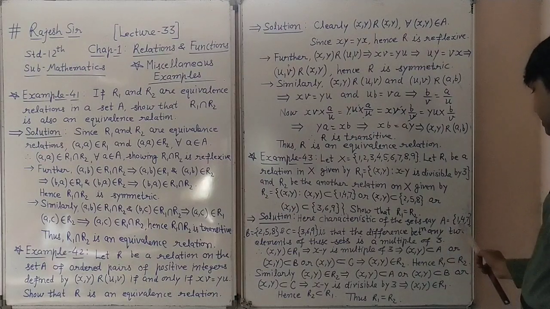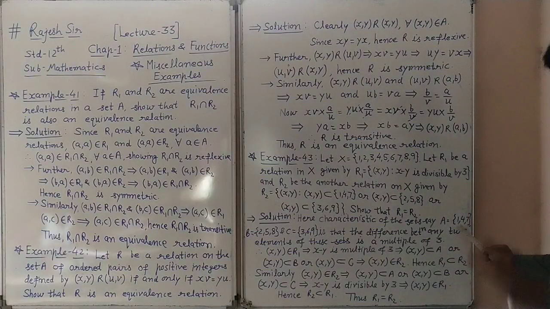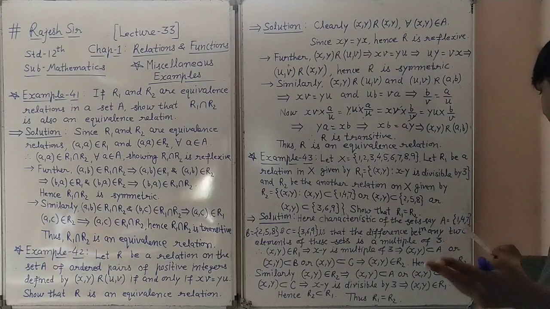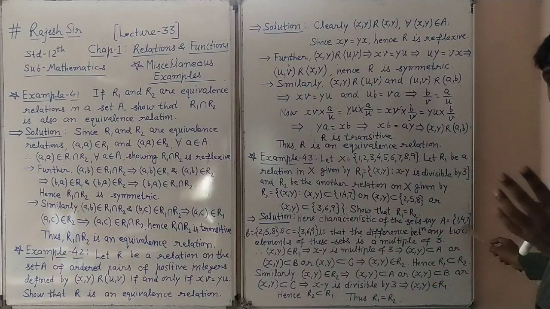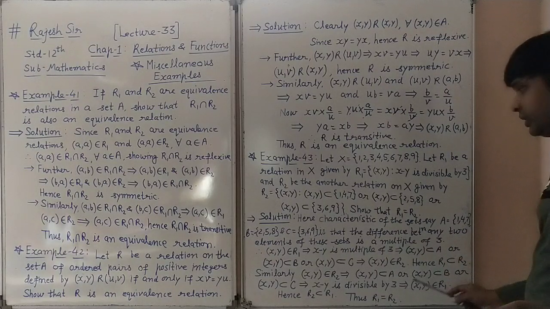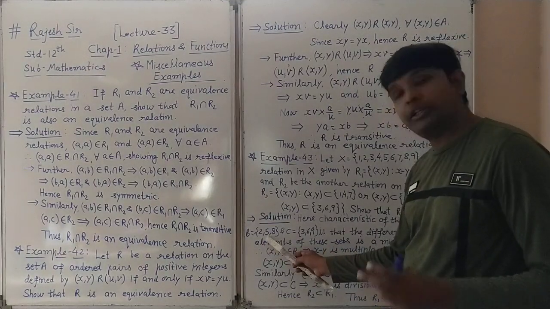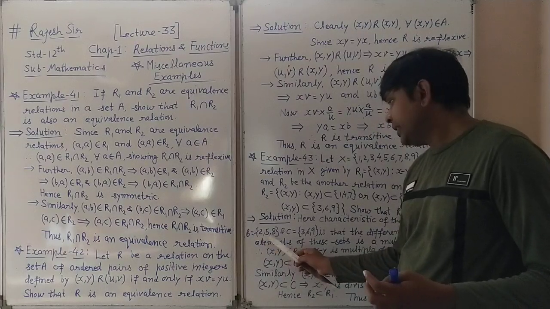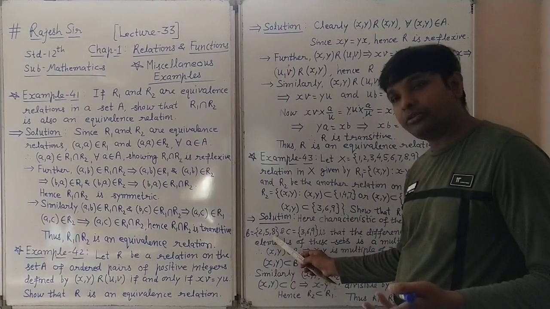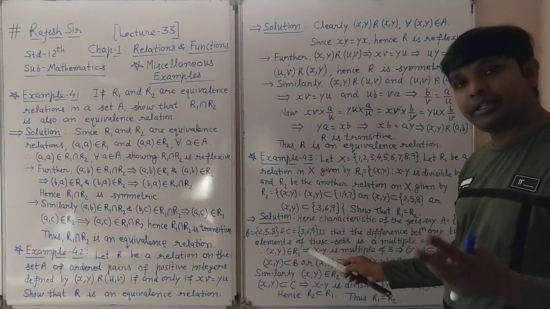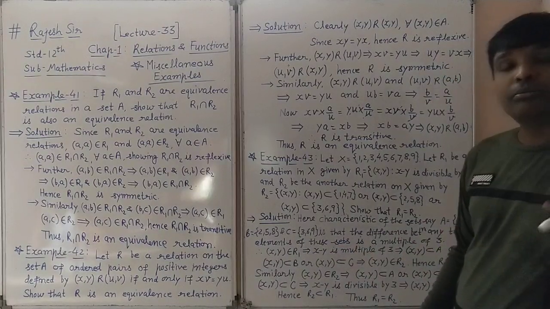You can check this. 1 and 4, the difference is 3, divisible by 3, a multiple of 3. 1 and 7, the difference is 6, again a multiple of 3. 4 and 7, the difference is 3. 2 and 5, the difference is 3. 5 and 8, 3. 2 and 8, the difference is 6, a multiple of 3. 3 and 6, the difference is 3. 6 and 9, 3. 3 and 9, the difference is 6, a multiple of 3.